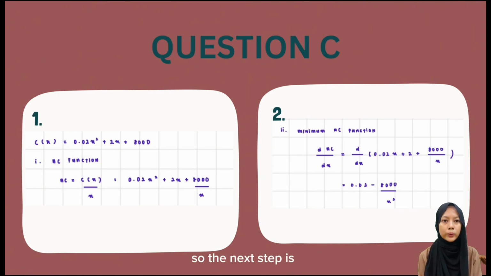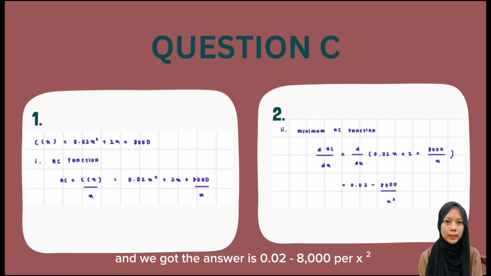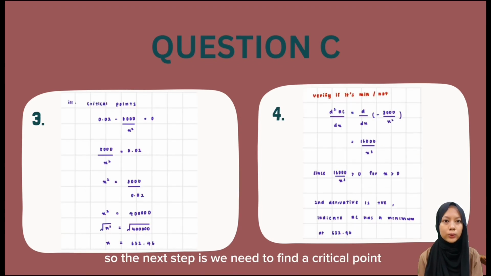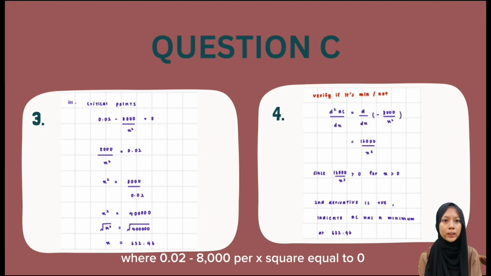So the next step is we need to find the minimum average cost, where dAC divided by dx, and we got the answer 0.02 minus 8000 per x². So the next step is we need to find the critical point by setting the derivative equal to 0, where 0.02 minus 8000 per x² equals 0. And so for x, we got